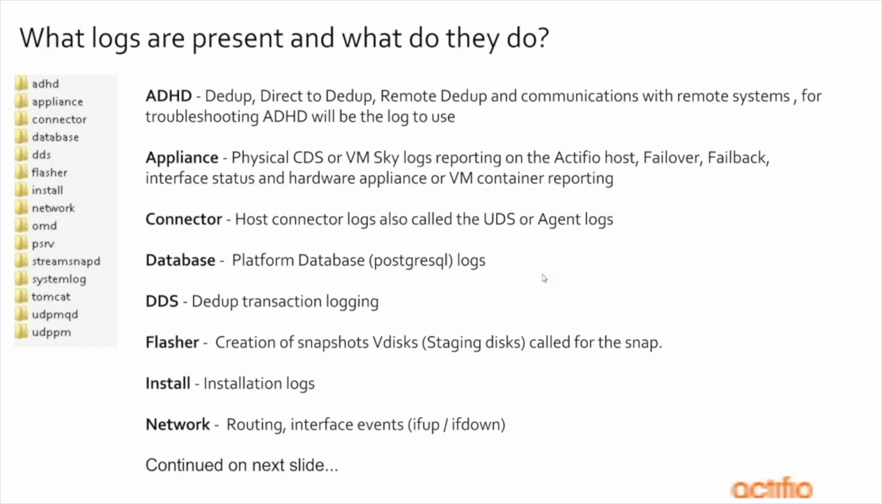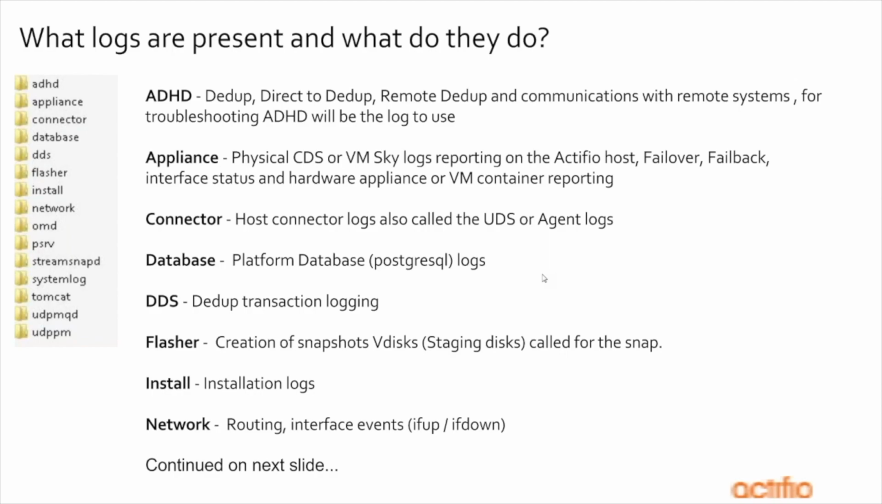And we have an appliance folder. This has a couple different logs in it. Now, this is generally the CDS hardware or the VM host for Sky, the VM level logs. This will talk about things like the actual condition of the host, the actual VM that is hosting the Sky. If that's suffering an issue, that will be logged in here. If you have a failover or failback, all that gets logged in here as well. And a lot of your hardware type signaling, your interfaces going up and down, all of those things are captured